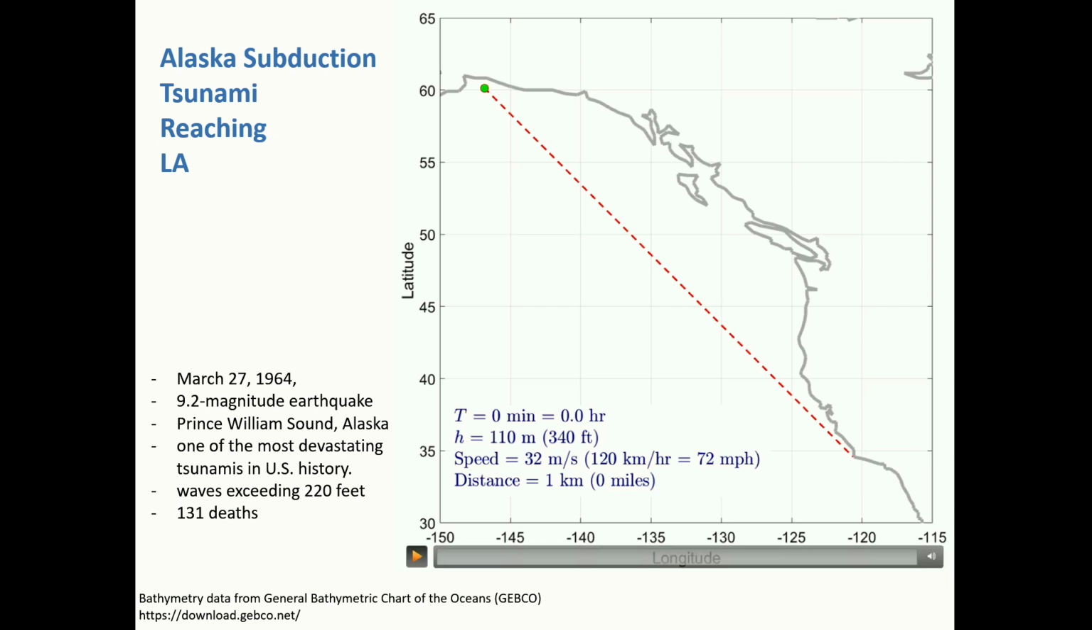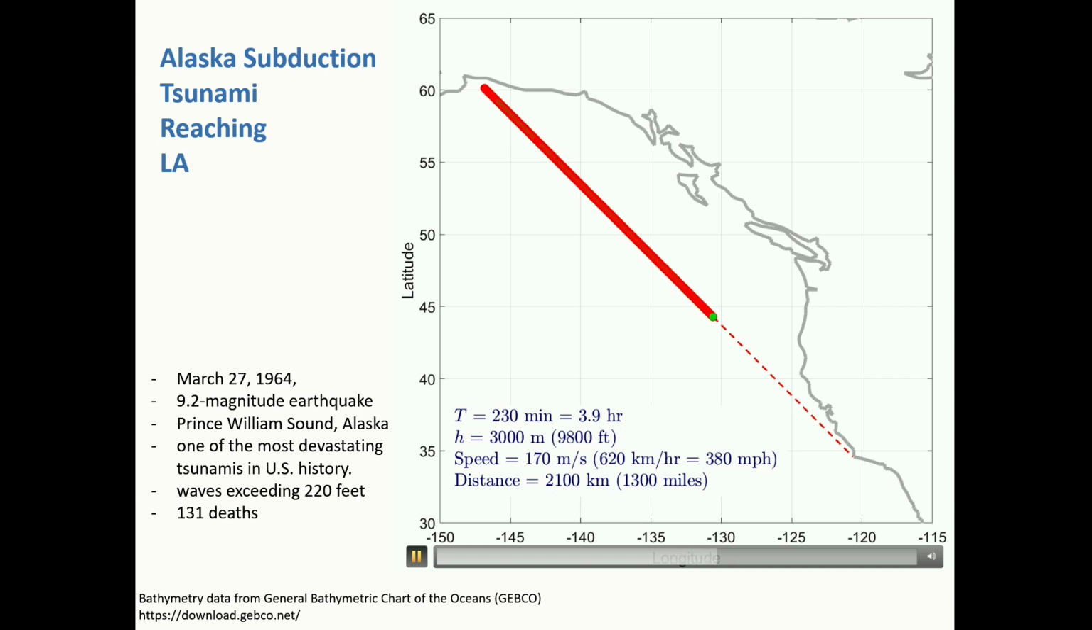See if I can run this. There you go. So the speed is low. You can look at this, or you can just look here. And then it reaches the deep ocean. The water depth is now 3 kilometers, 4 kilometers, so the speed is relatively large. This is now 2 hours into the tsunami that is propagating toward near Los Angeles. And then the speed is pretty stable. 3 kilometers water depth,